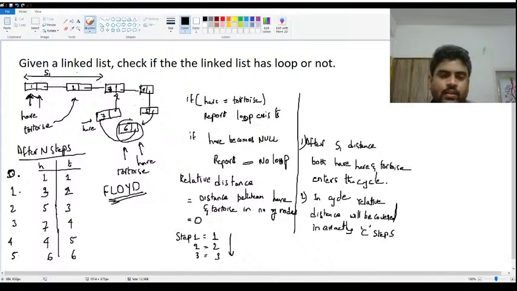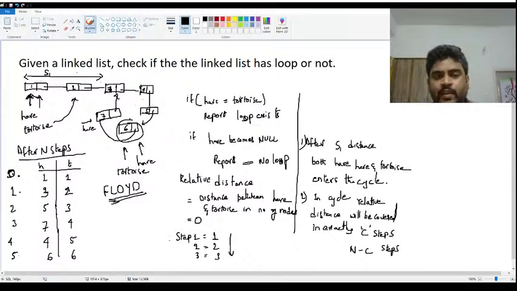So what is this C? If there are C nodes between hare and tortoise, so every time, let's say hare is behind, not behind actually, behind is not the right word because it's a cycle. So either it will cover in C steps or n minus C steps, where n is the total length of the cycle. So if we have n nodes in this cycle,